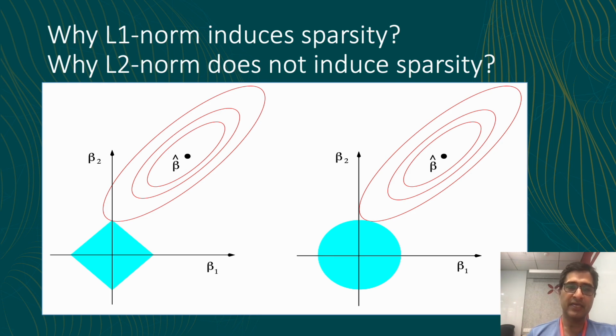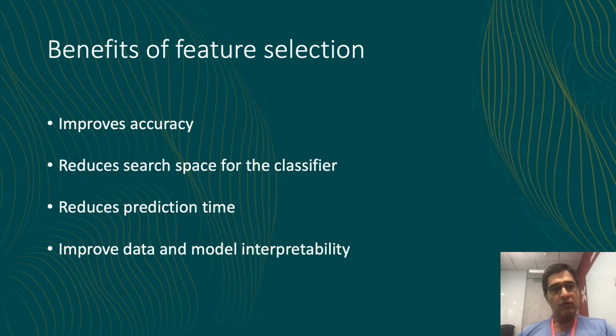On the other hand, in the L2 norm version, the second term looks like a circle in a two-dimensional, or two-feature, case. But in case you had multiple features, it will become a sphere. And the intersection is such that the beta 1 value, for example, is very small, but it still exists. It's not pushed down to 0. So overall,